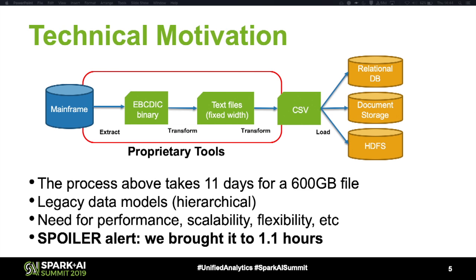So we looked at how this was done previously in ABSA, and we found out that there was this generic pattern. People would use proprietary ETL tools to lift the binary mainframe file, EBCDIC file, from the mainframe and transfer it somewhere. You would then parse it and transform it into maybe a fixed-width format. And from the fixed-width format, you might do an extra little bit of work to get a CSV file. The CSV file could then be consumed quite easily by your data applications or ingested into your data warehouses.